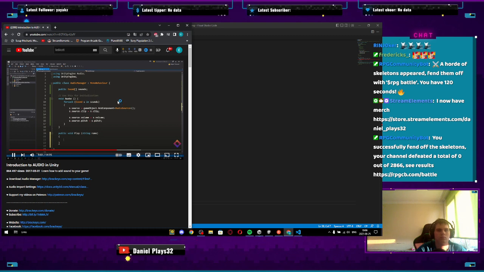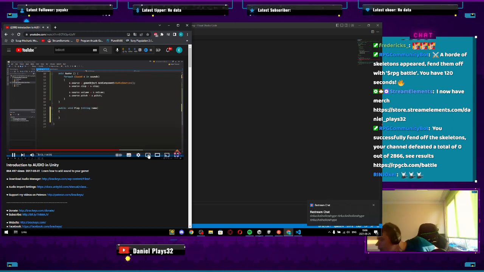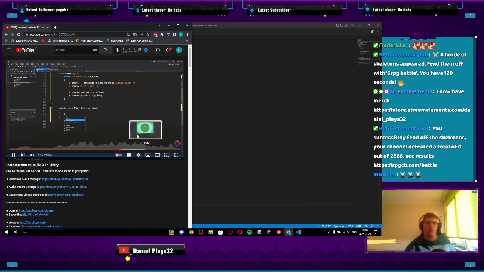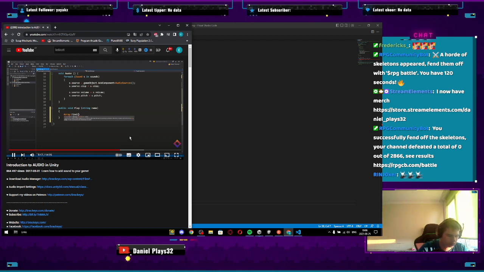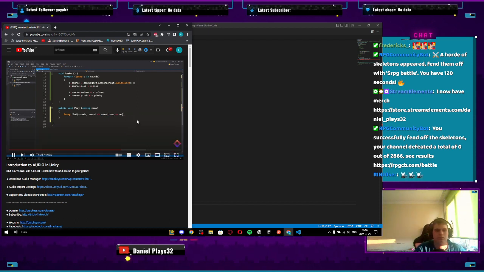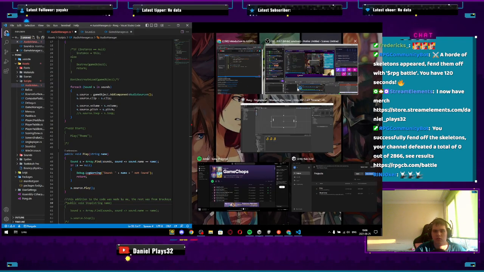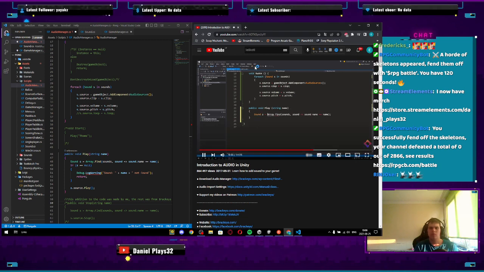All we have to do is loop through all of our sounds and find the sound with the appropriate name. We could do that by creating another foreach loop and checking the name for each element, or we could go up here and say using System, and this now allows us to find the sound by going Array.Find. We want to find the sound in the sounds array where sound.name is equal to the name. Now this type of syntax might be a bit new to you, but it allows us to write code a whole lot faster. We then store the sound that we found in a variable called s. And finally we can go